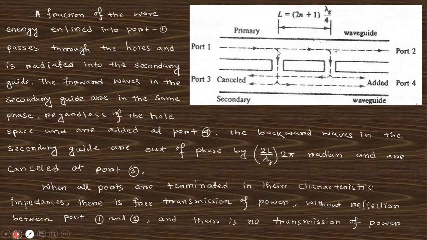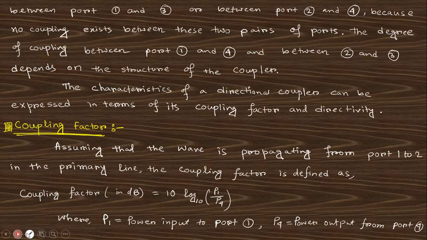Okay, here you can see the phase shift between these two waves, which come from this hole and that hole. With such a value, these cancel out in port 3, and in port 4 they will be added. Between port 1 and port 3, because no coupling exists between these two ports, the degree of coupling